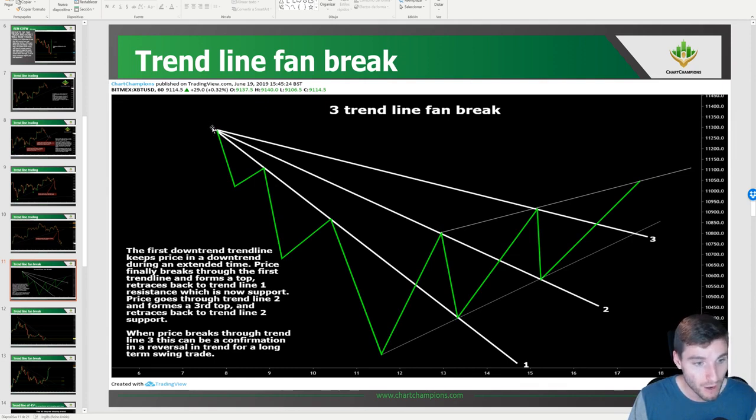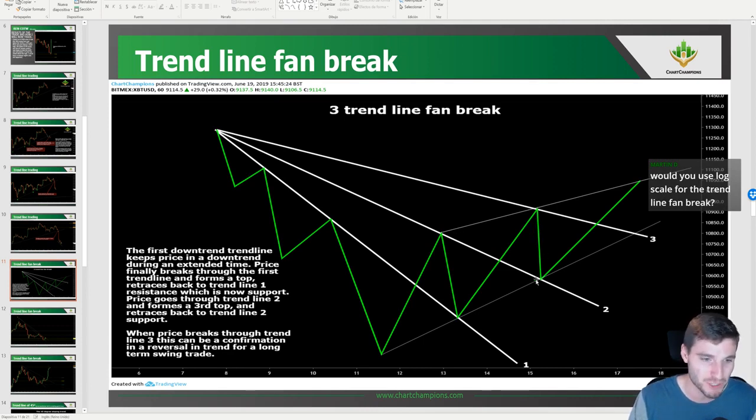So that new high will get you a new downtrend resistance line. What price generally will like to do is come and backtest this first trend line. So your first trend line resistance then gets backtested as support. And you'll want to see a new move to the upside, which is going to give you your third trend line resistance. You will then make a new high here, and then another downtrend, where you would like to see